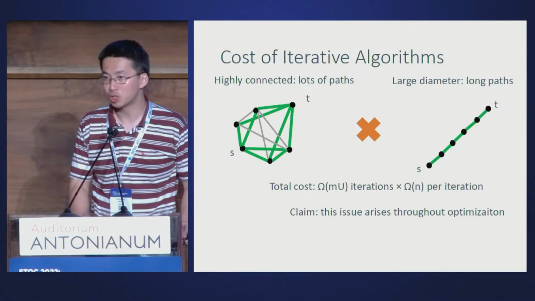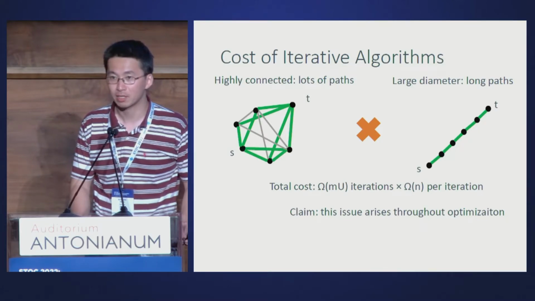The potential issue now is that I can get a graph, first of all, where there are a lot of paths. So it's possible that I need to take at least n of these paths. At the same time, my graph could have very large diameter, so each of these paths could actually be as large as n. Multiplying these two together, you get a quadratic time algorithm,